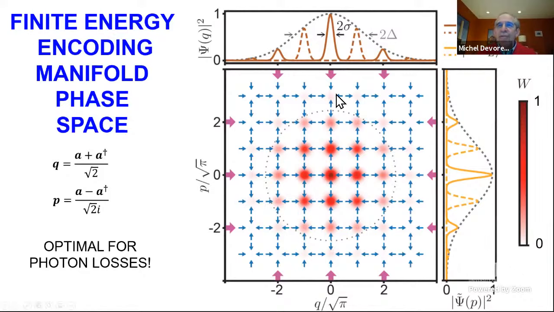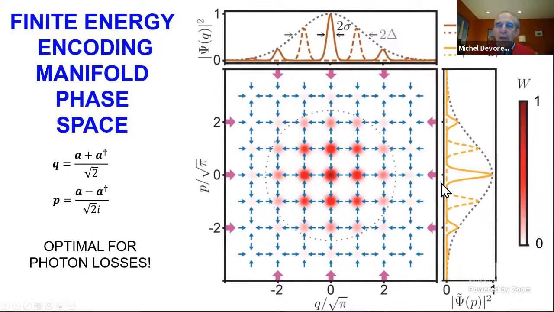So instead of having red dots in phase space, which would form an infinite grid, here I have a finite number of finite dots. But the overlap between two neighboring dots is really so small that the code remains absolutely excellent. What I have plotted here along these brown projections are the states plus and minus z, and if you do a projection, a marginal distribution along this side here, you will get the plus and minus x